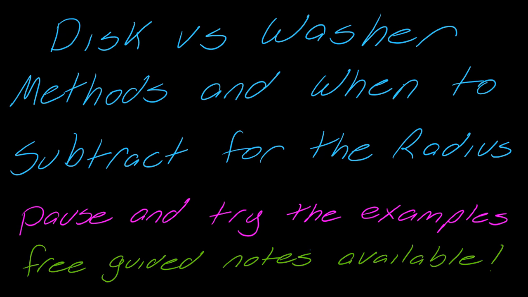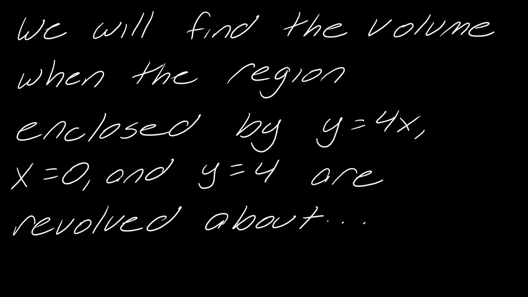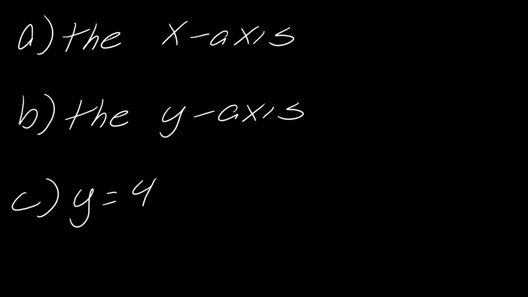Okay, so I wanted to make a video comparing disk versus washer method, but I want to attack this from a very specific question I got about being confused about when do you use subtraction to find the radius. So I want to attack that specific idea. What we're going to do is take this region, y equals 4x, x equals 0, y equals 4. We're going to revolve it these three different ways, but I want to really give attention to the radius for